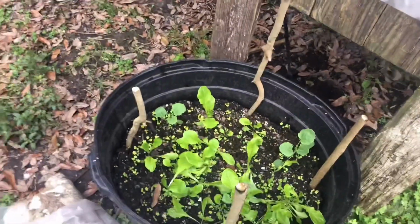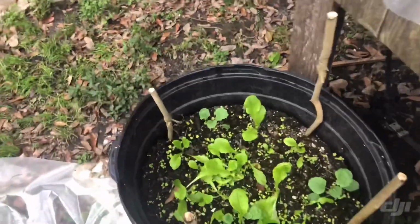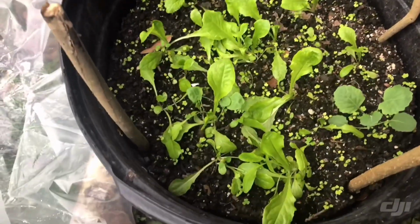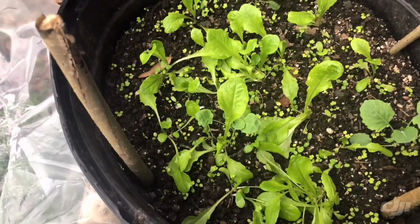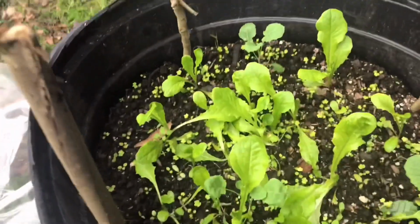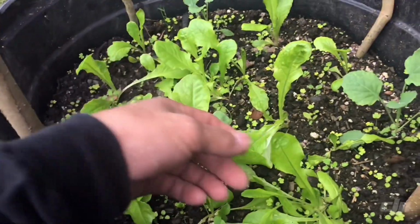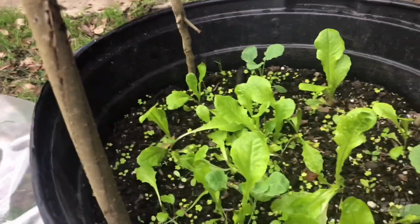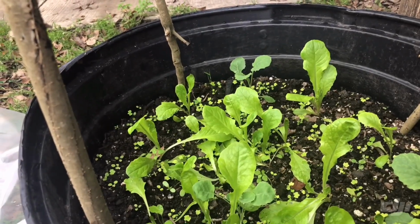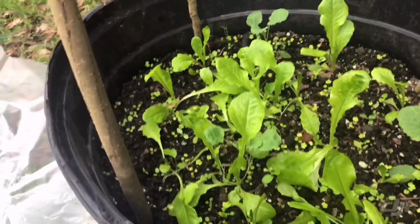And then here, I don't know if y'all saw this part. I don't remember if I put this in the clip or not, but she actually transplanted some of the lettuce that she had and put it in this bucket. Not a whole lot of it survived. I think she had 24 packs of seeds started, so I think she had about 48 of them, and this is what survived out of